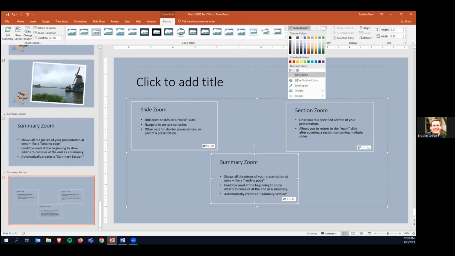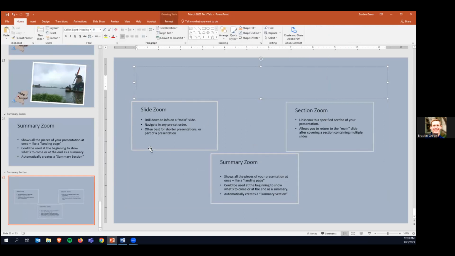If you want to remove it, you can say no outline. In this case, I want to highlight that these are different slides that we've already looked at, so I can just basically say summary. And I can say,